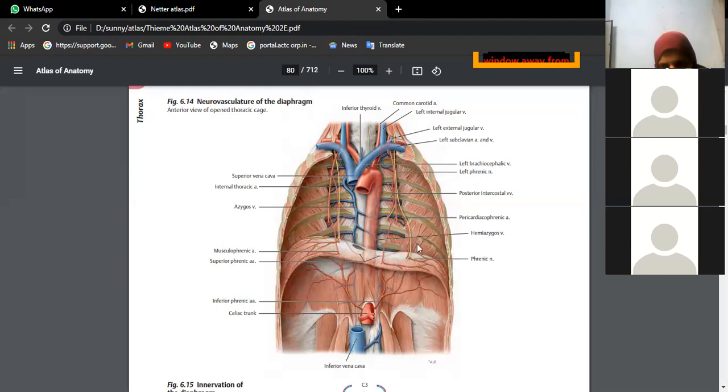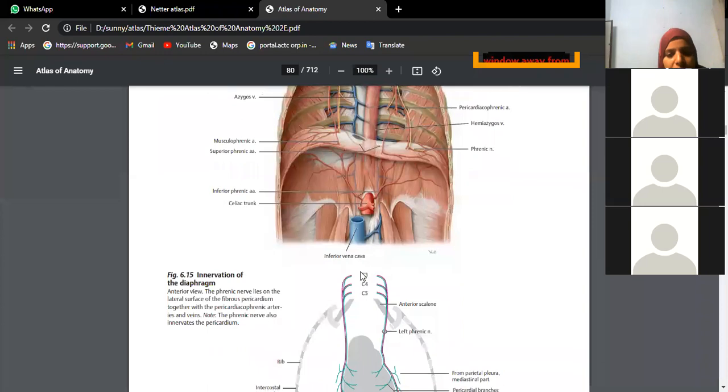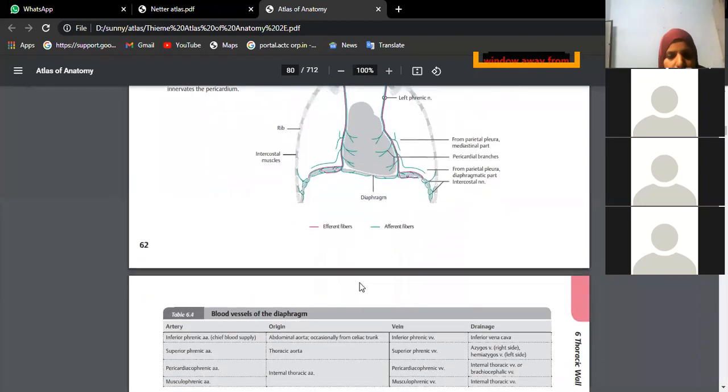Try to check for these nerves. These are the phrenic nerves, okay, which are going and supplying the diaphragm. Then you are finding there is one unpaired venous system, no? You call it as azygous system of veins. Try to check this azygous system of veins, hemiazygous and azygous system. In each space, you will find vein structures better, vein, artery, and nerve. Try to check this tomorrow. Okay.